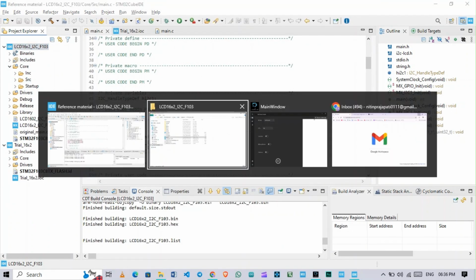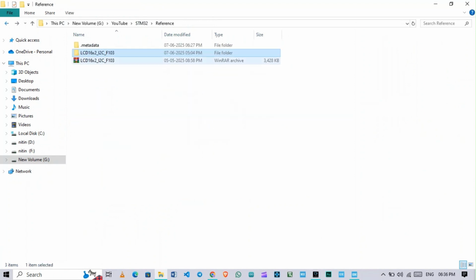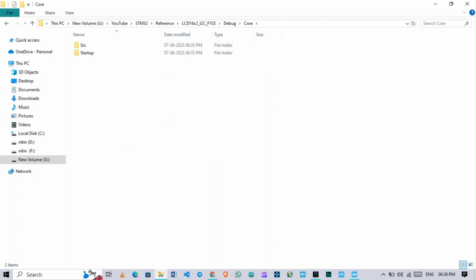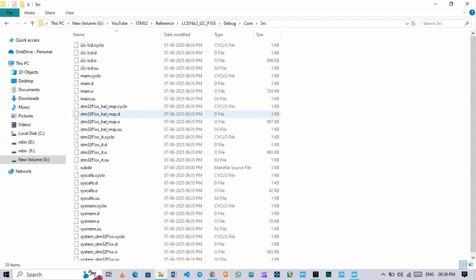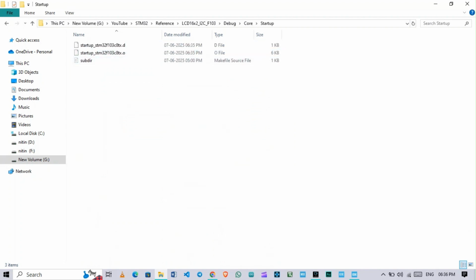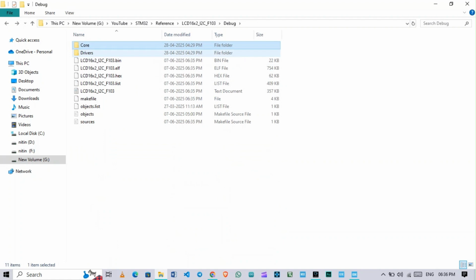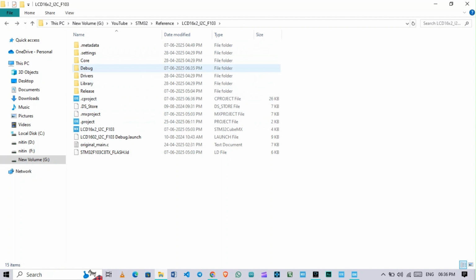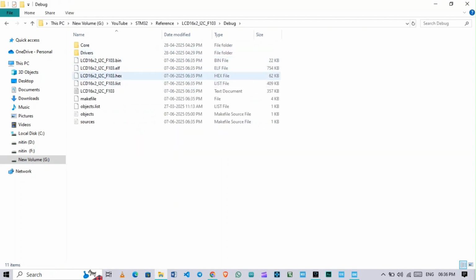Once you go to your project directory, this is your project, you have to go into the Debug folder, then the core source, and then you will get your hex file. I'll show you. This bin file and hex file, these two files are created in your Debug folder. That file you have to select in this